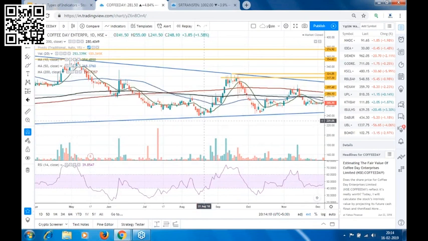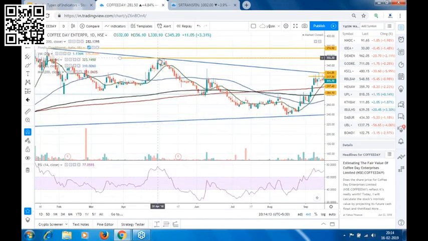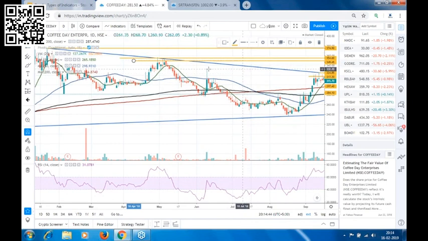Similarly, if I see this level, in this level also you will see that there is a price rejection from the higher levels. Similarly, if I mark these levels, because I always mark a zone, sometimes your price, see in this candle your price didn't reach this level, your price retraced from this level only. So if I see a zone around 350 to 355, then I'll put my target as 345 to 350.